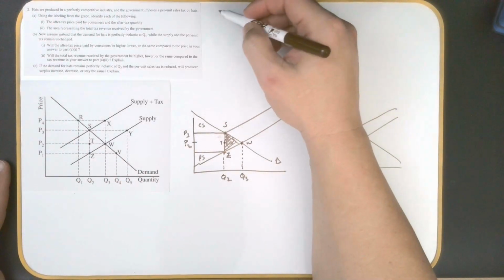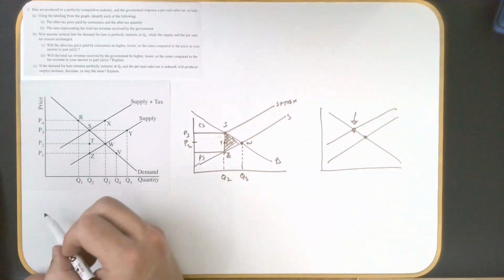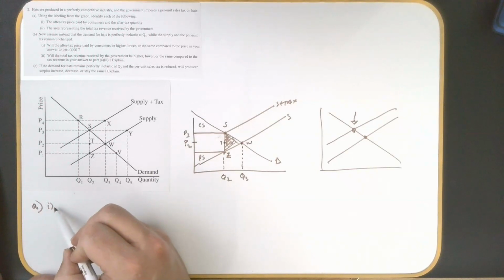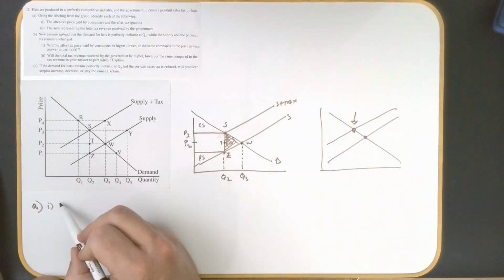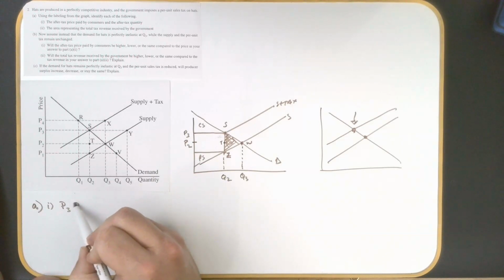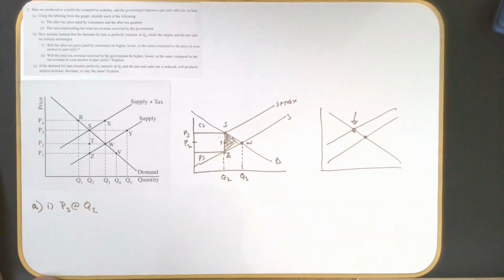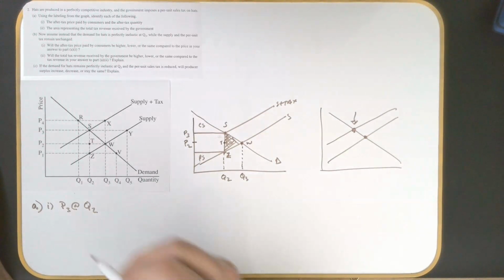So I'm going to put my answers down here. Start with A. And so the answer to A1 was the after-tax price was P3, and we said that was occurring at quantity 2. Okay, that's how you'd write your answer. Part 2 on this one